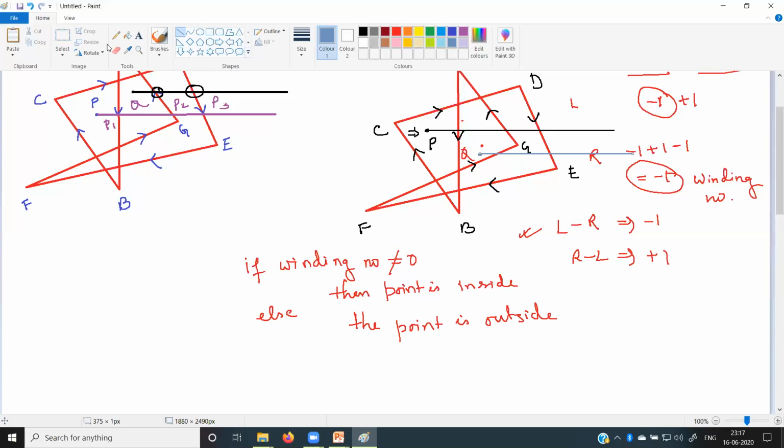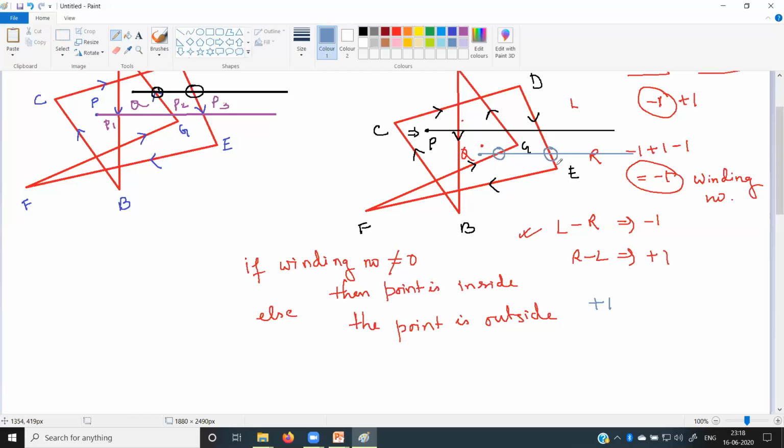Now here you can see, after drawing the line, this line intersects the edge FG at this point, and it will intersect another edge at this point. So these 2 points. Now if I consider this point, this intersection is for which edge? For edge FG. And what is the direction? If our face is towards the point Q, then this arrow is going from right to left. So if it is right to left, then as per the rule, we have to write +1.